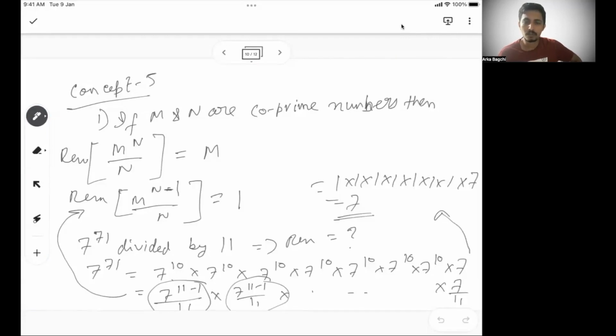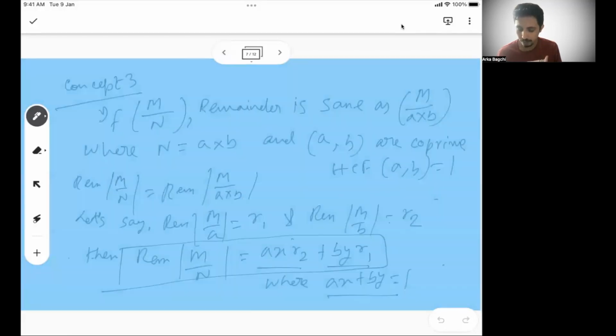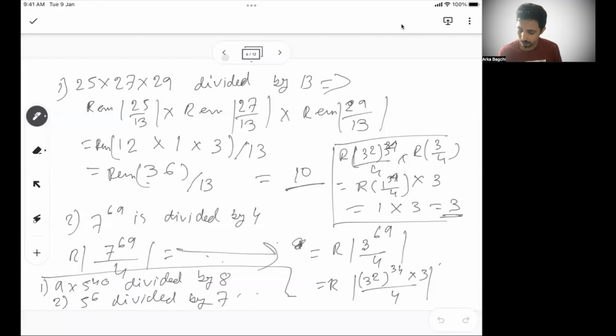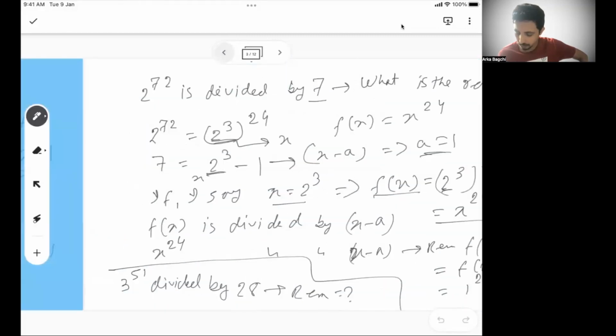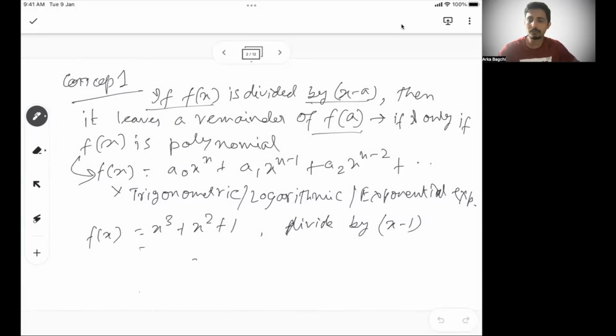Then we talk about some of the co-prime members of M and N and how they interact. Before that, we learned when there is a common factor between M and N, how to apply that. The most important, I'm still saying, concept 3 is very, very critical. You see a lot of application on problems on concept 3, and this concept 2b is also very, very critical. So these are the two most important concepts of your remainder theorem, and you will be seeing most application of it. And then the first concept was there. So this is the high level 6 to 7 concepts we have learned in remainder theorem.